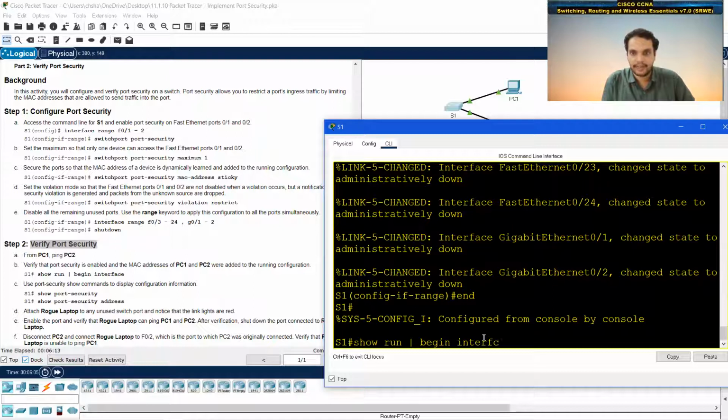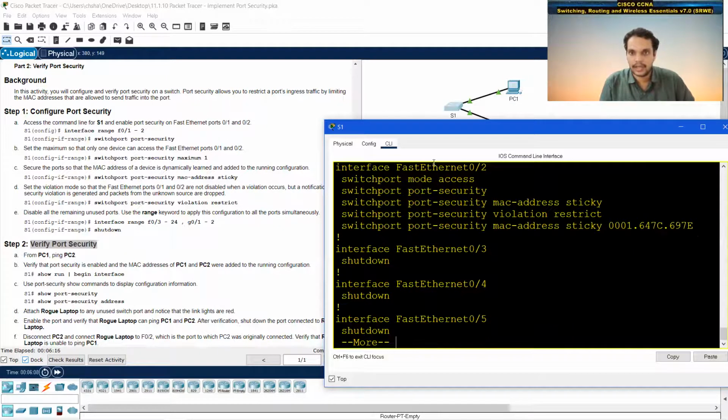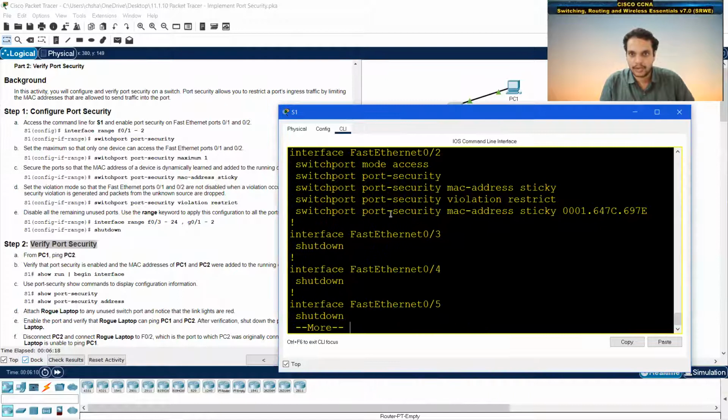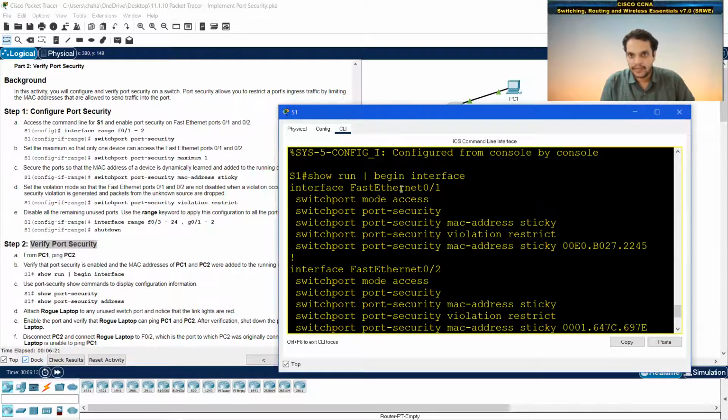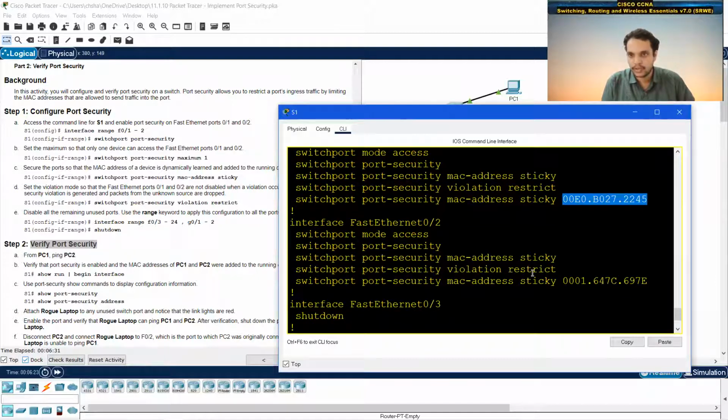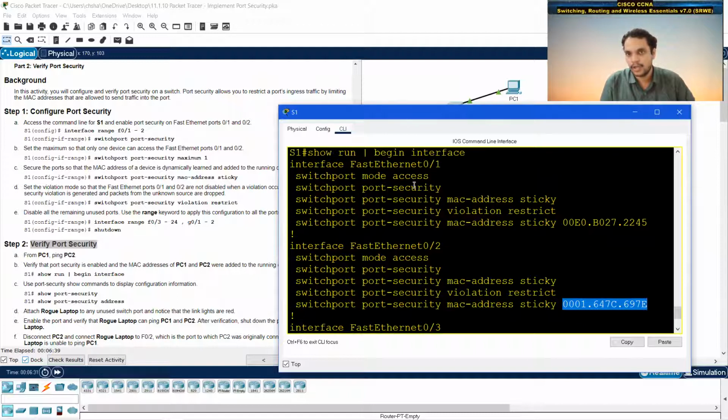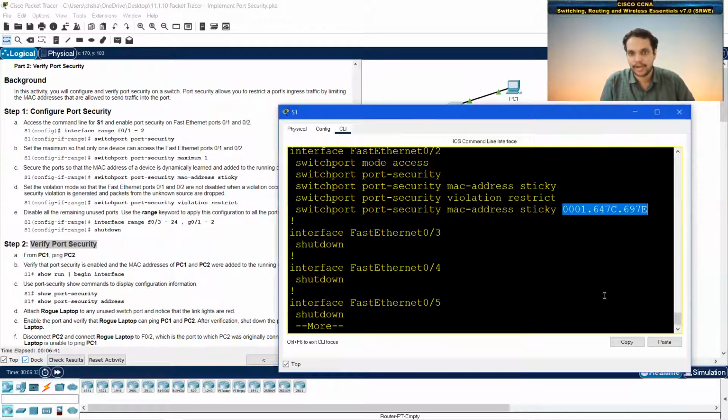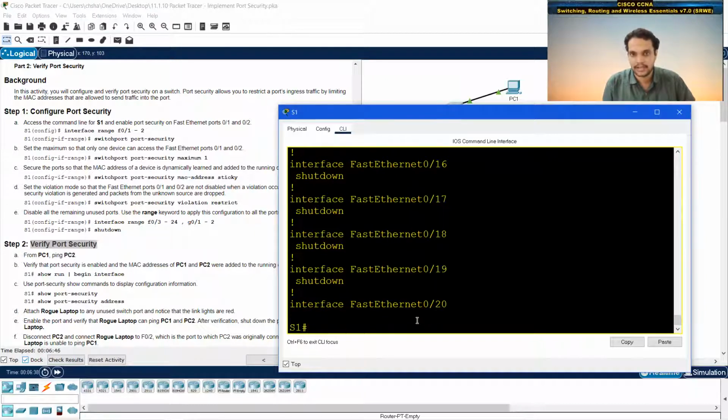This is to verify whether all the ones that you entered, you can see here switch port security on the Ethernet. You can see the first Ethernet interface 0/1. It is showing all the commands that we entered. It is also showing that there is an address that is now attached to F0/1. Similarly, for F0/2 also there is another address attached. That means the switch has learned both PC1 and PC2's MAC address, and it is now attached to both the ports. All the remaining ports are now shut down. You can actually browse all these two things also. Shutdown gives you the next screen. If you want to come out, just simply click the down arrow.